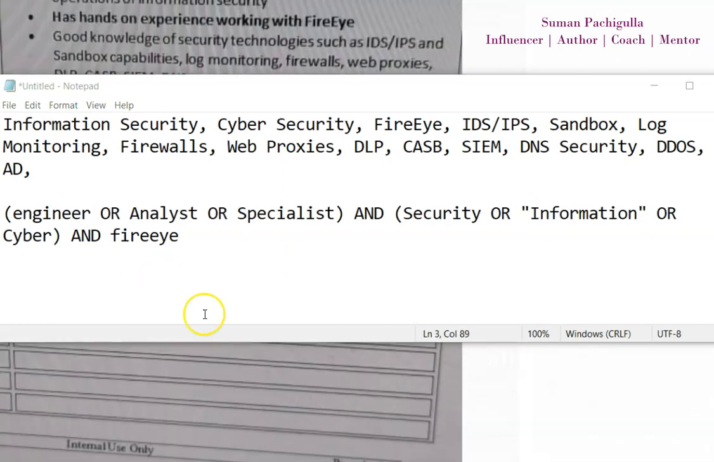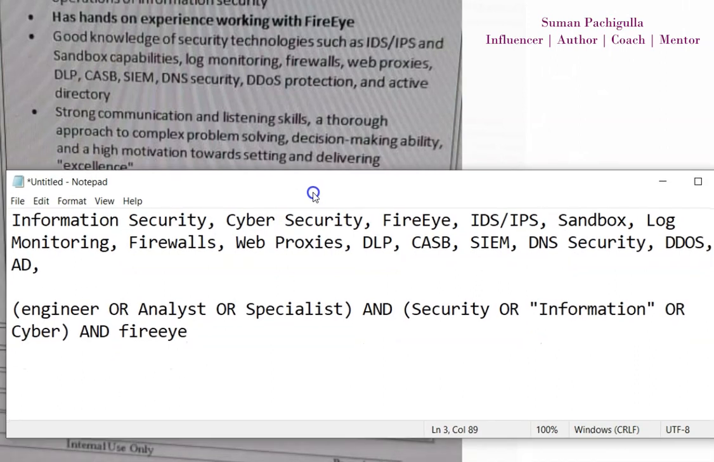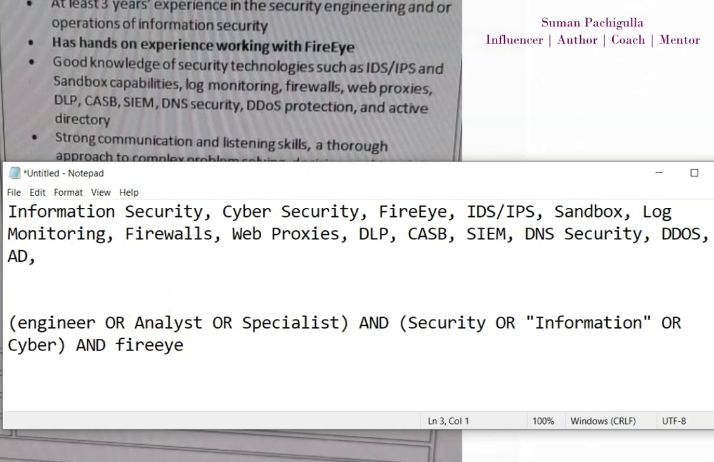All right, I'm back once again with the requirement. What we have understood so far is that the person will be hands-on doing the work in such a way that the security part has been taken care of. Now here I would write the titles. So here I could definitely write security engineer, security analyst, security specialist, information security engineer,